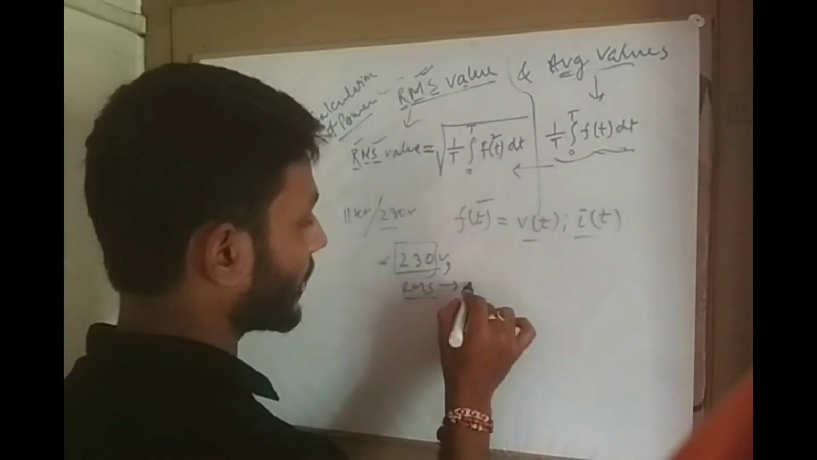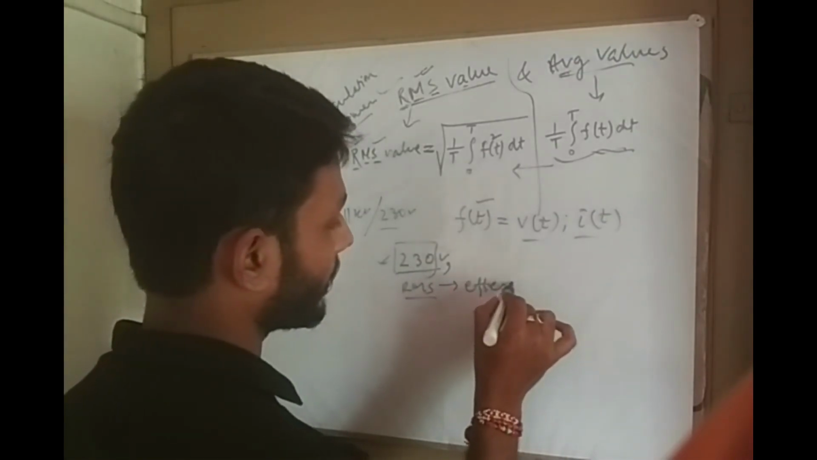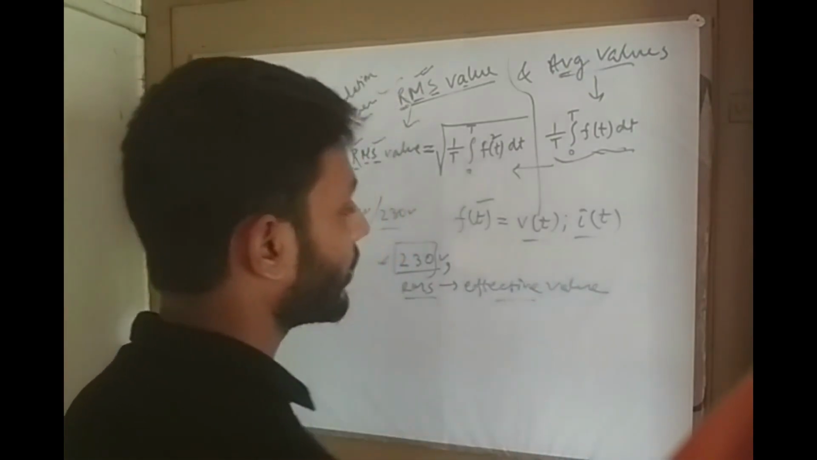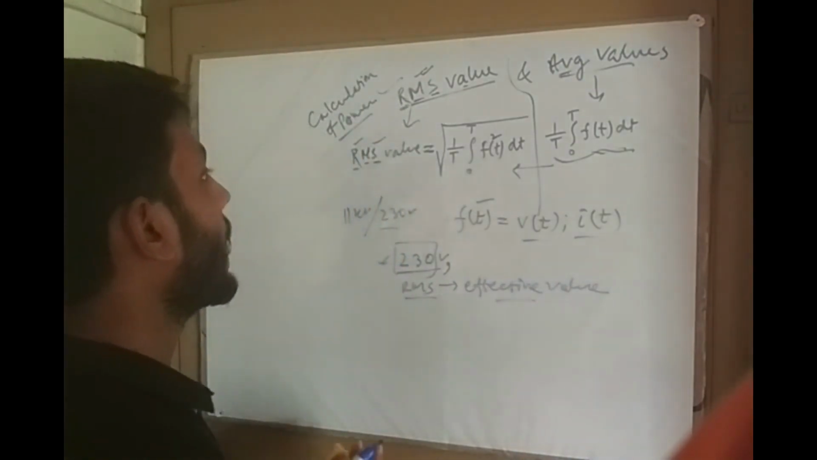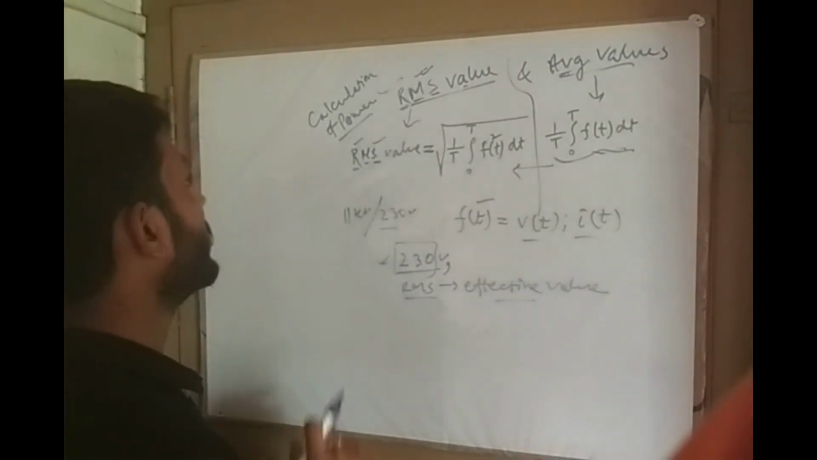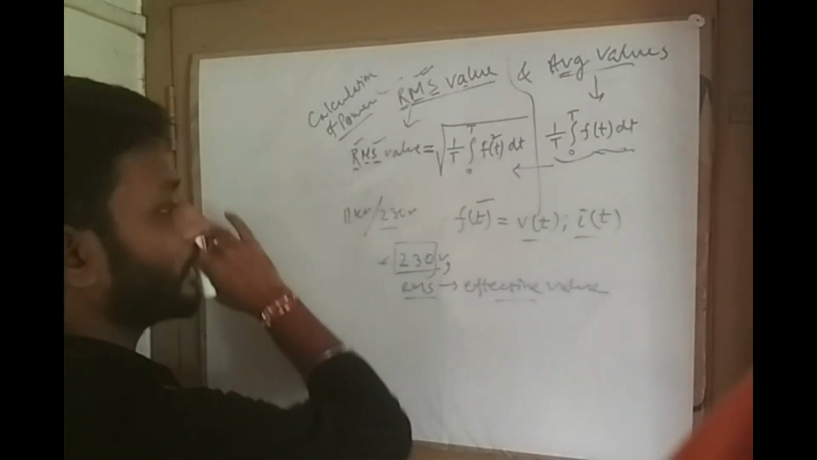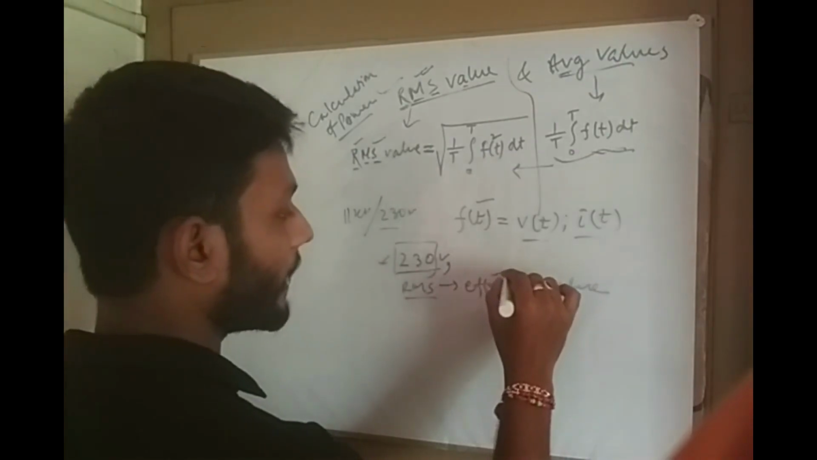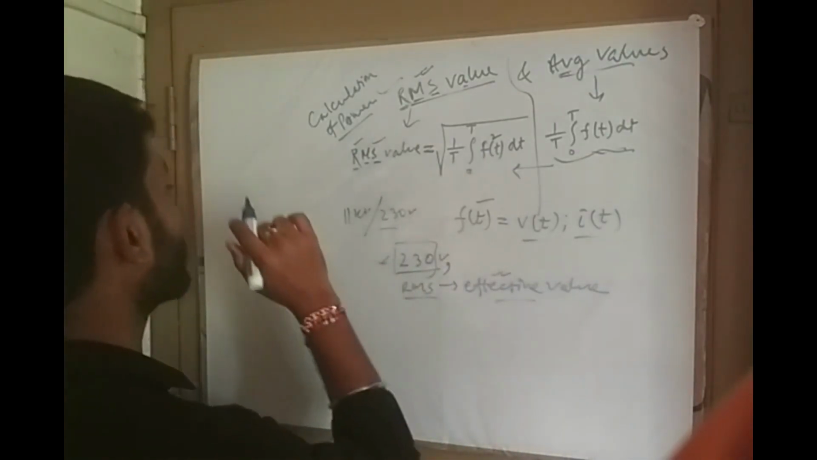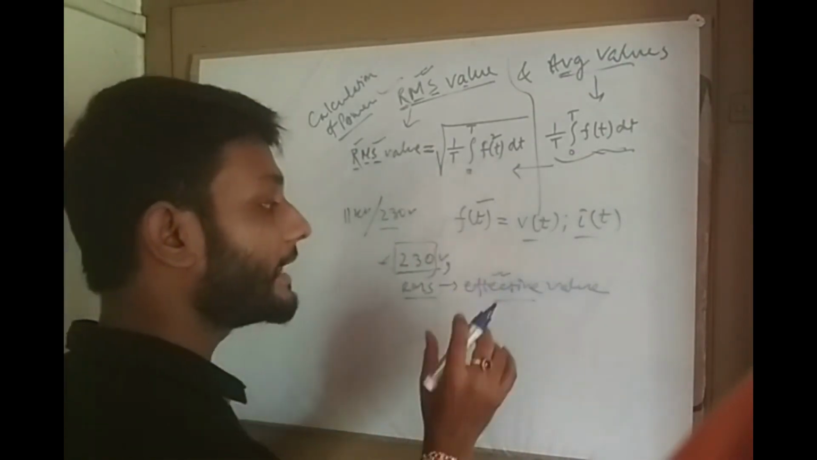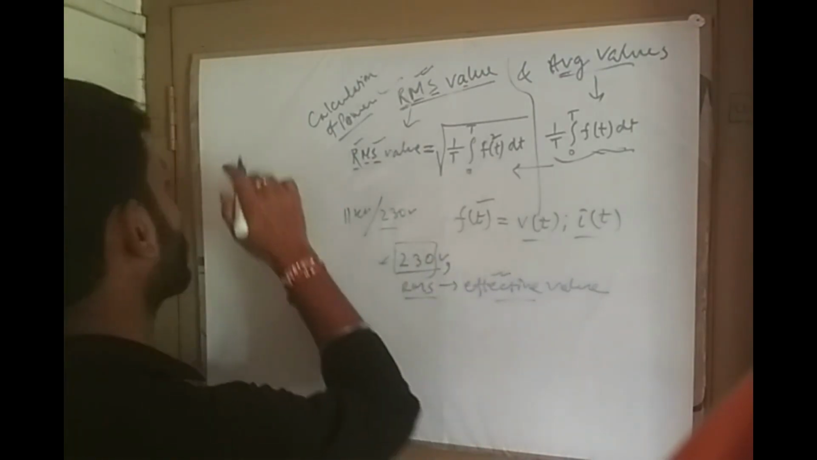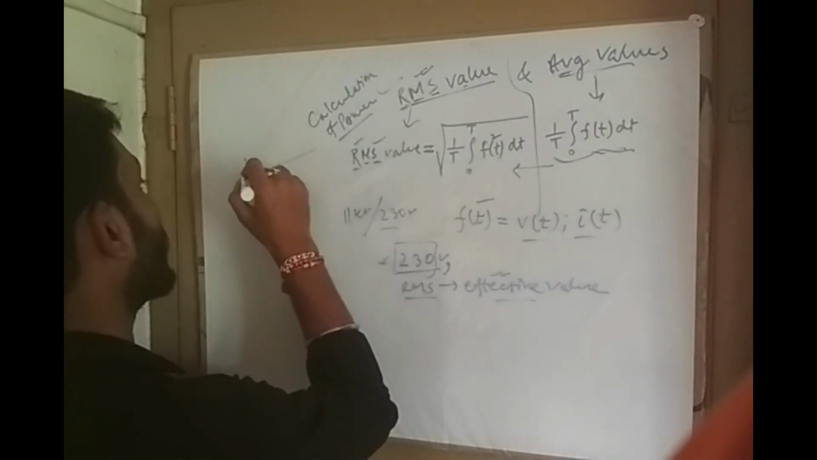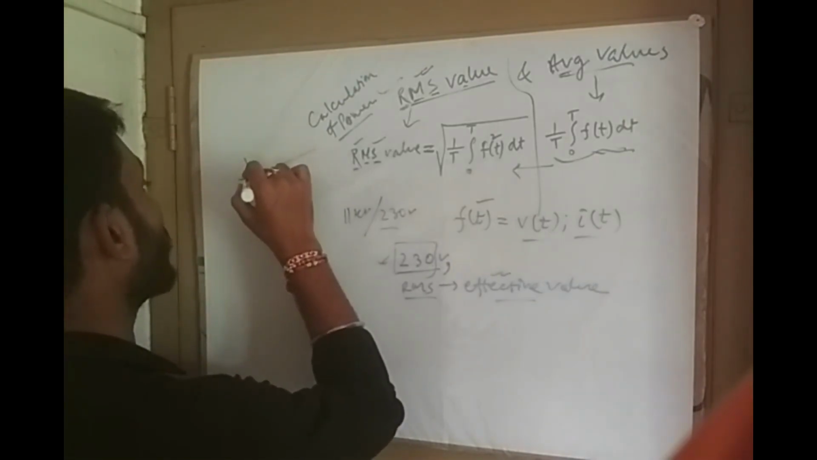This value is actually the RMS value. RMS value is nothing but the effective value. Why is it used? RMS value is mainly used in calculation because RMS value is nothing but the effective value. That means whatever may be the signal, the signal may be the voltage or current,